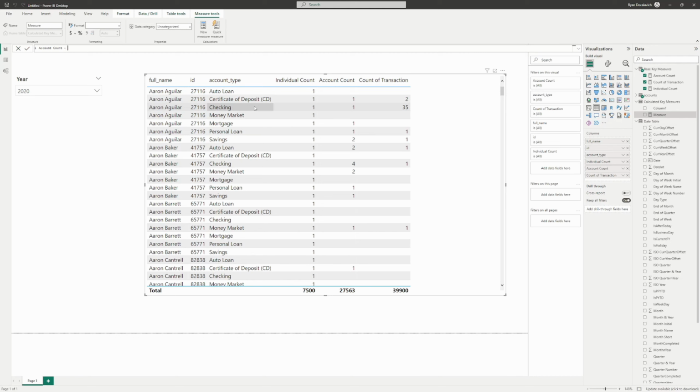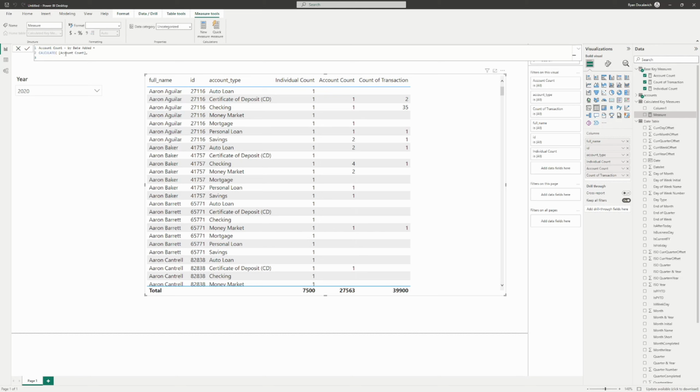Let's call it account count by date added. And so now what we're going to do is, instead of just taking account rows on that full table,